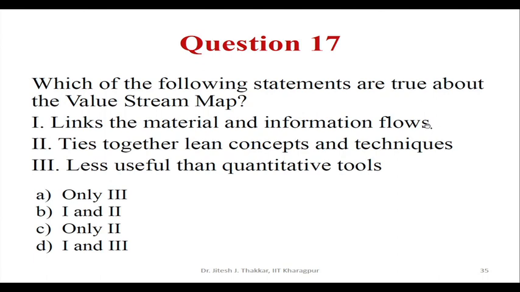Question 17. Which of the following statements are true about value stream map? Number 1, links the material and information flows. 2, ties together lean concepts and techniques. 3, less useful than quantitative tools. A, only 3, B, 1 and 2, C, only 2, D, 1 and 3. You can